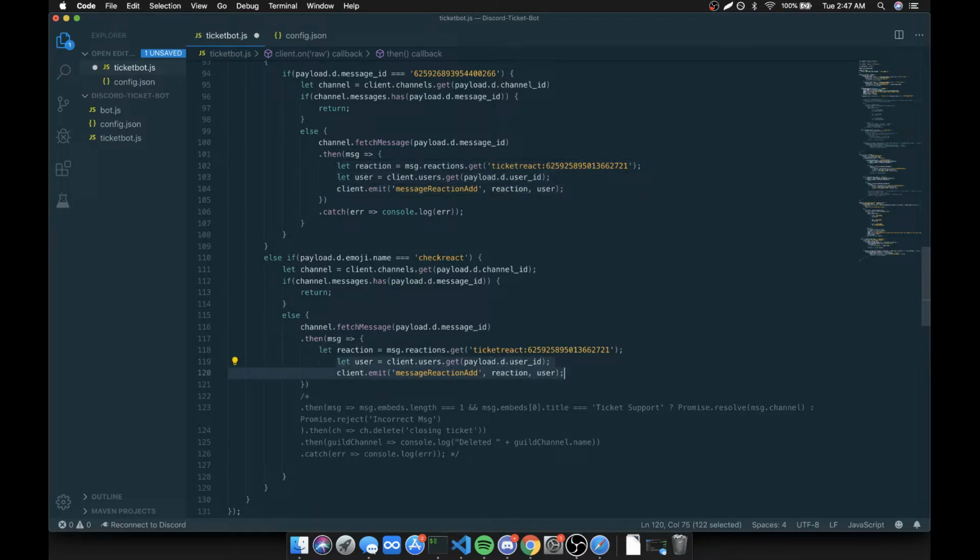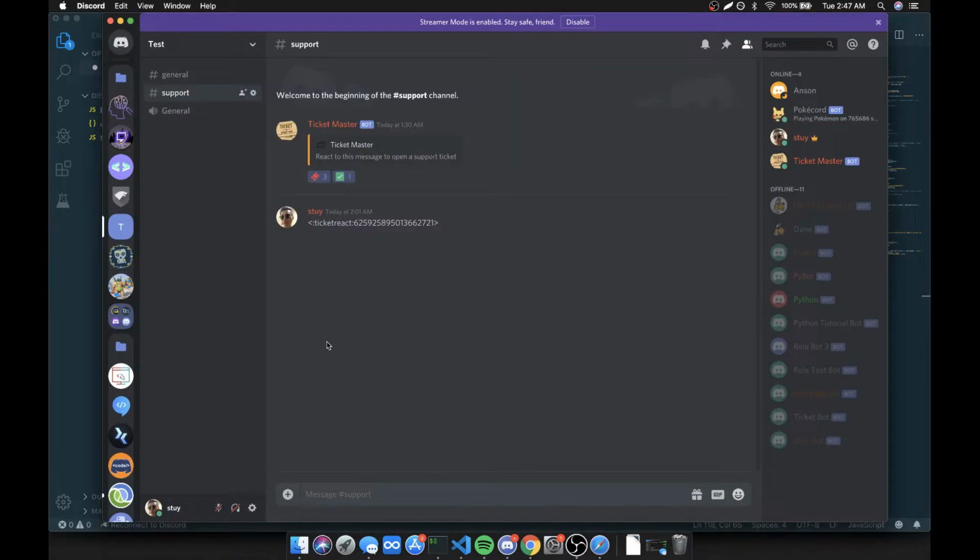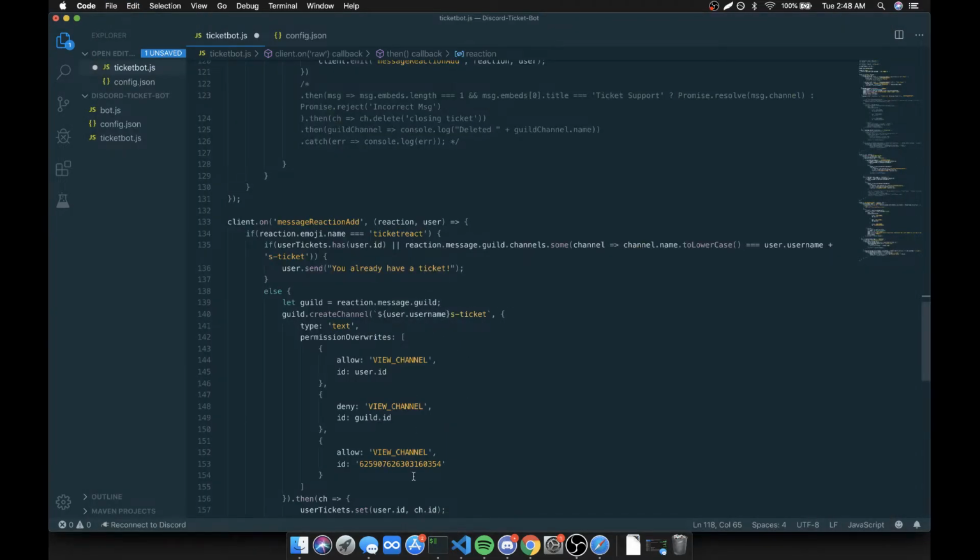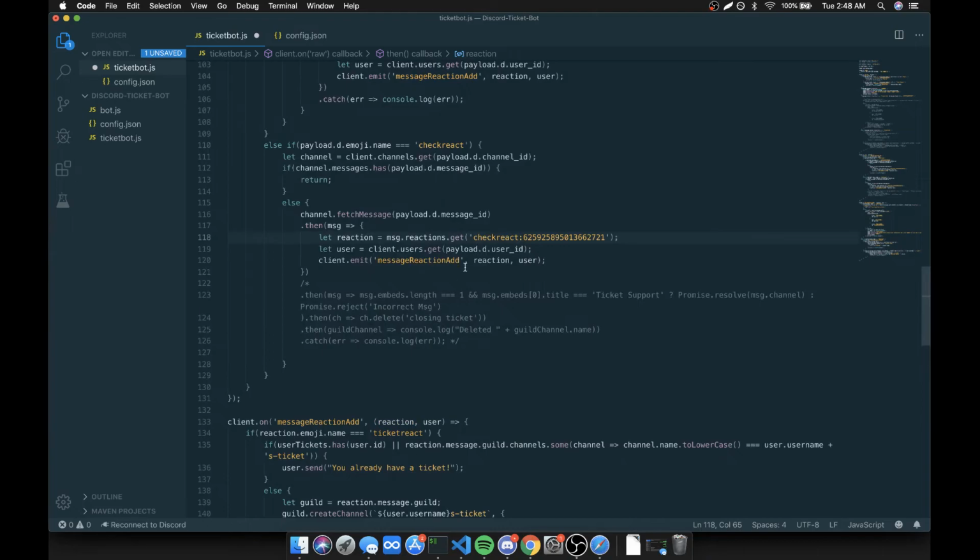So the reaction is going to be the check react, and we need the ID. Check react. It's gonna be this right over here. Okay. Where is it? Okay, and then the name of the user. All right, perfect. And then now down over here,